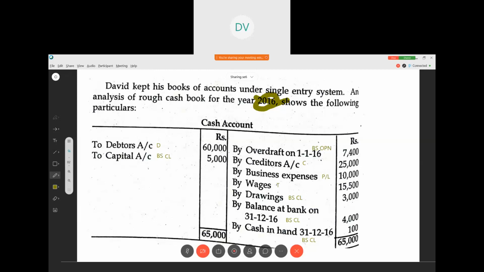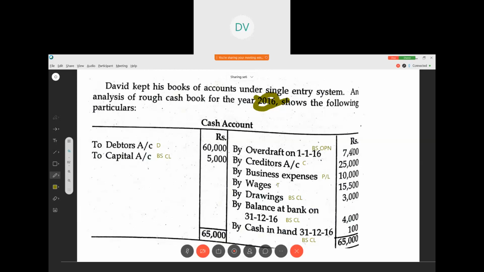Okay. So, as you know, cash book is usually showing a debit balance, right? So if there is cash, there will be an opening balance. But here they haven't given a debit balance. They have given a credit balance, overdraft. That means in that particular year, there is no cash in hand. There was an overdraft. Correct? So opening overdraft they have given.